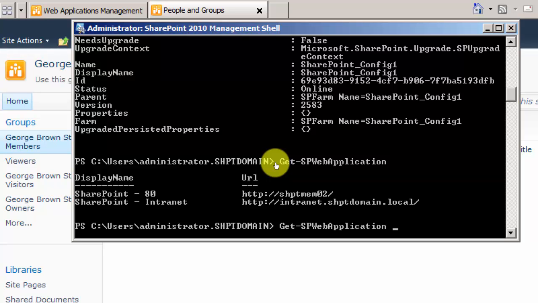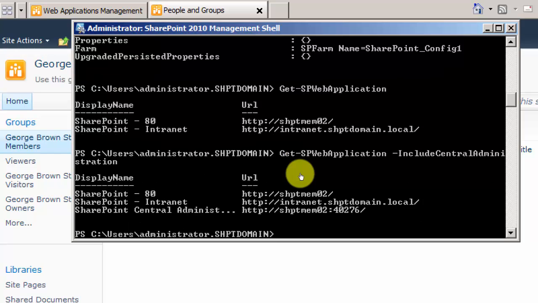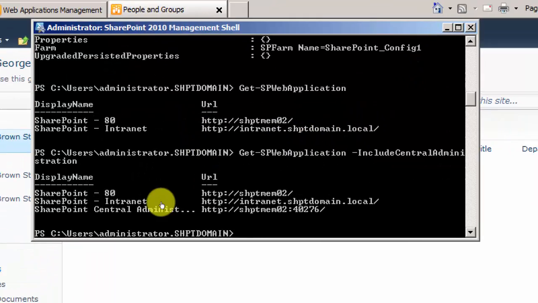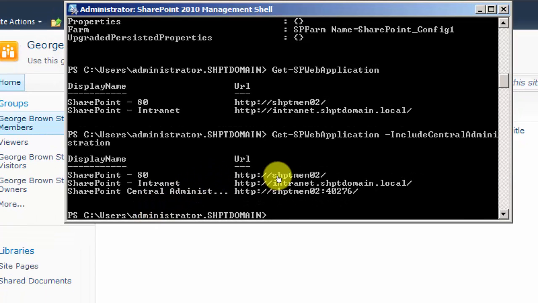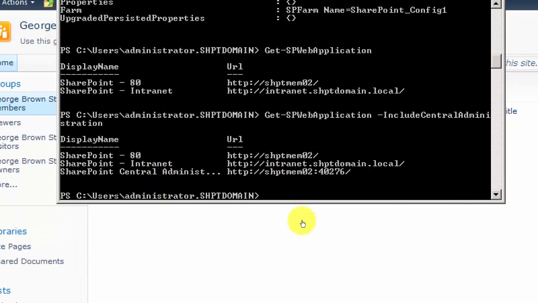Apart from that, I have created one more other than that one which we created during the installation of the farm. So -include central administration site. So -include central. Exactly. It should catch from here. So -include central administration. Now it should show me 3 and you 2. Me 3, you 2. Wow. Okay. So now we go for